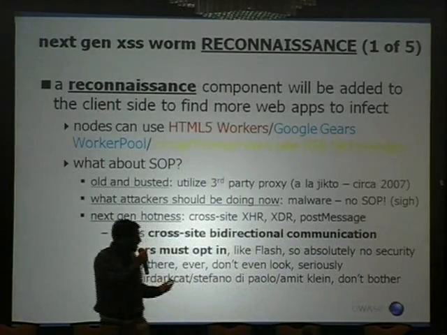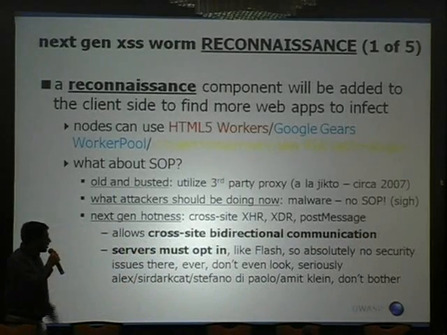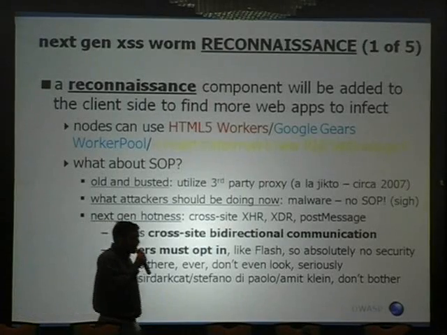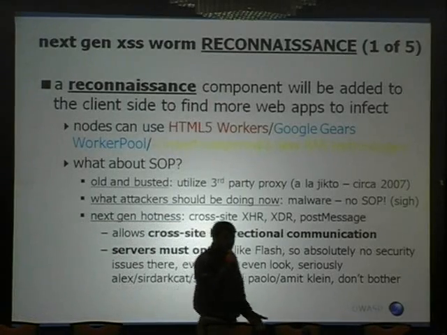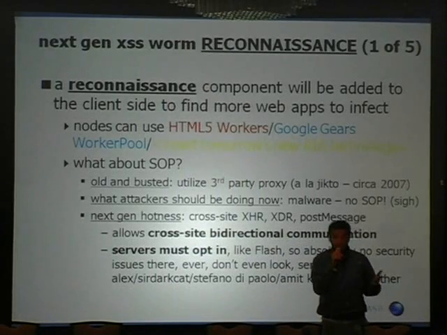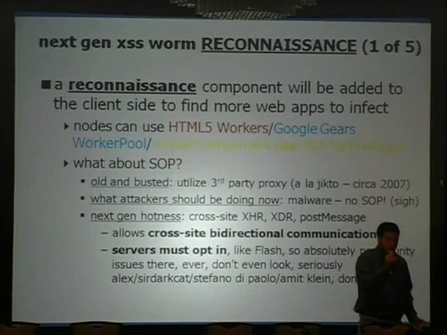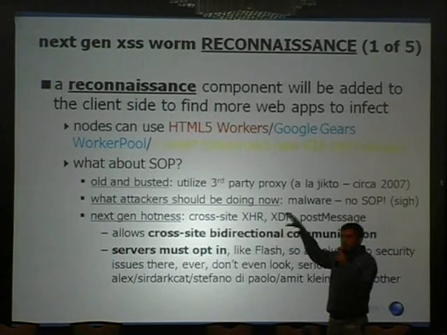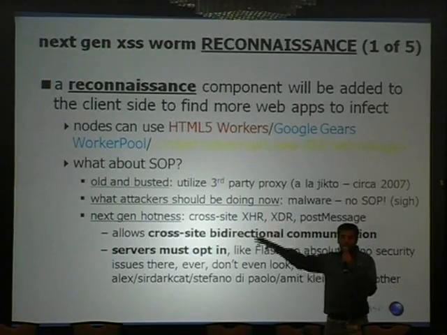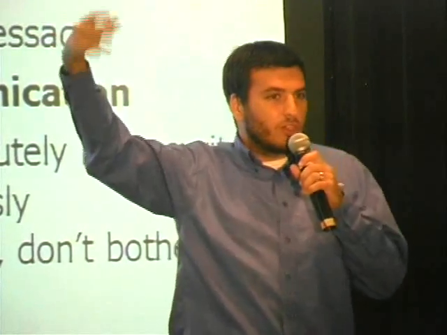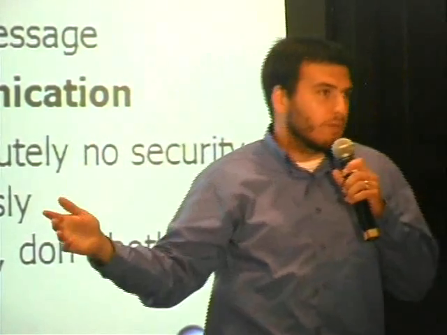Okay, so there's two techniques. And the third technique is called post message. Post message is an HTML5 spec that's already been built into some of the major browsers. So it's not going to get here, in fact, it's already here. Post message allows one domain to talk to another domain through a JavaScript API directly, no network communication. So if you want to do anything on the server to prevent this, sorry.